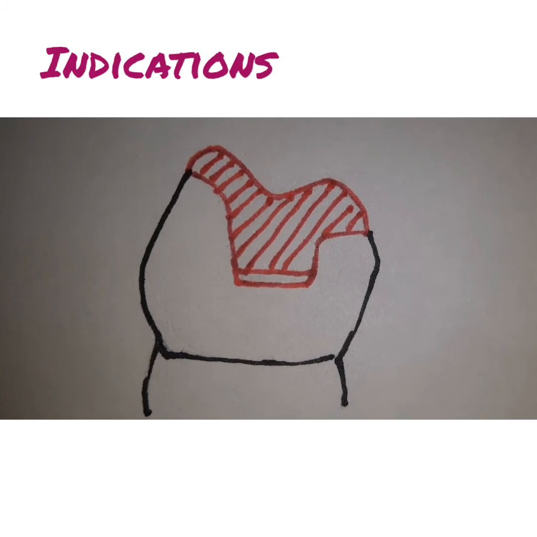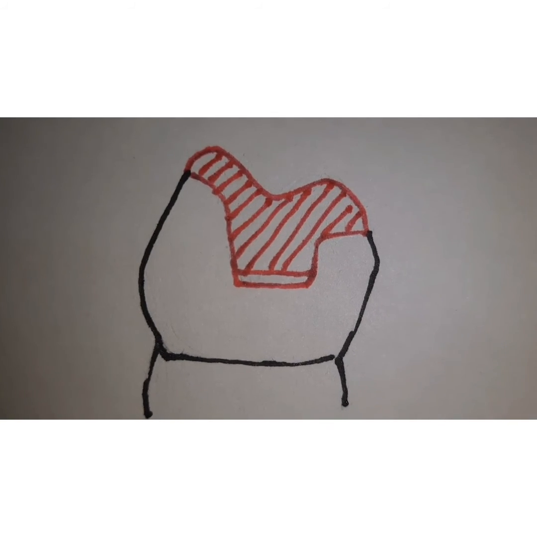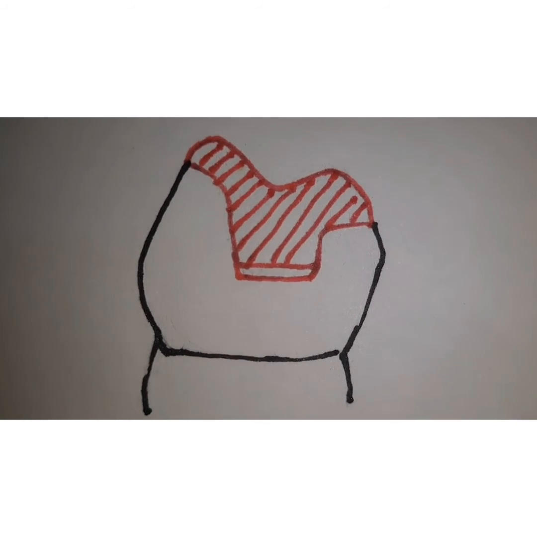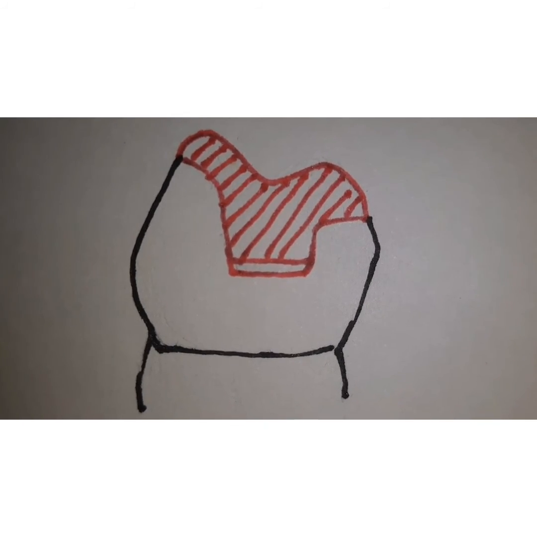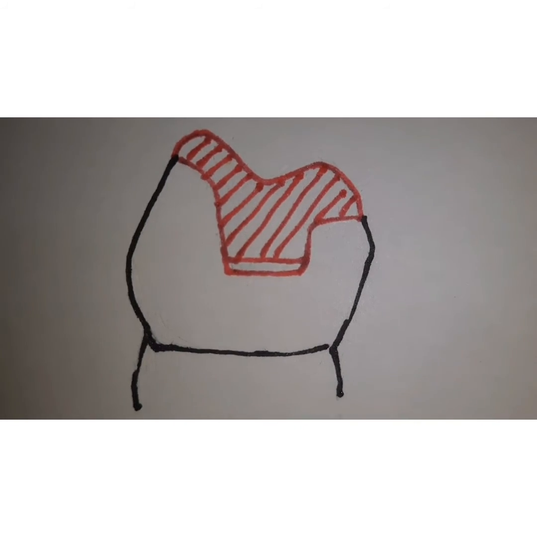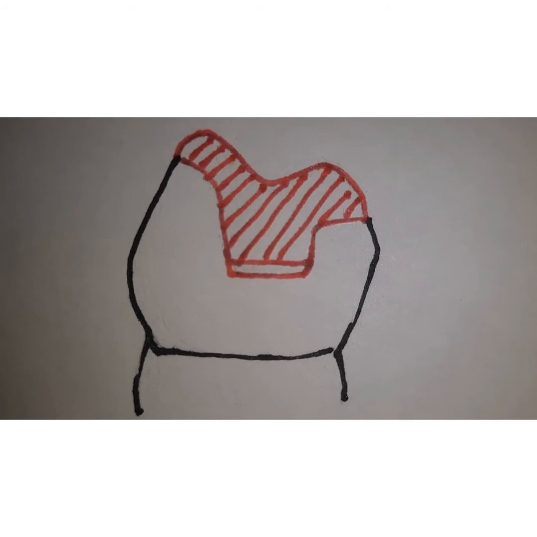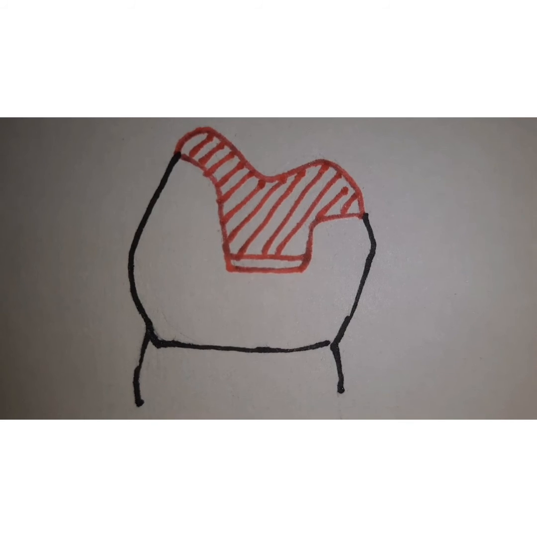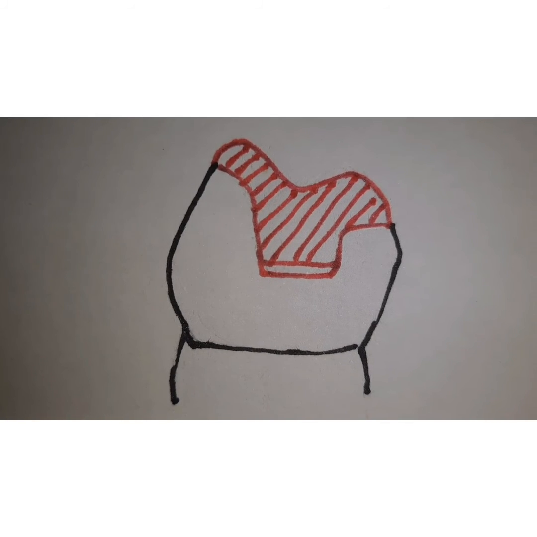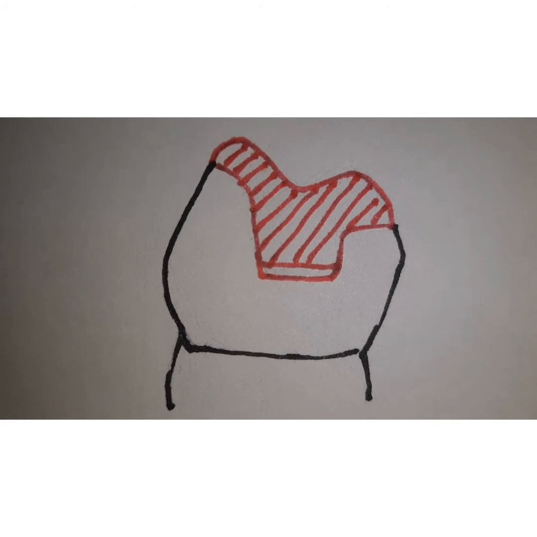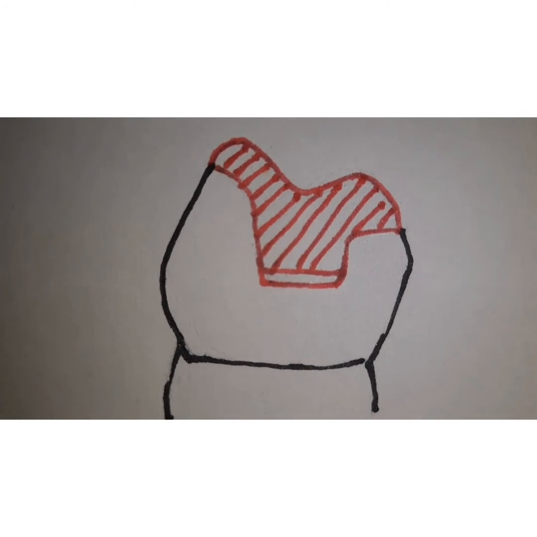The indications are a worn or carious tooth with intact buccal and lingual cusps, so either of those cusps is intact and the other cusp is damaged. In those cases, you can indicate this type of restoration. Also where you have an MOD amalgam restoration that requires replacement, or an MOD restoration with a wide isthmus. MOD means mesio-occlusal and distal, a restoration extending from the mesio-occlusal, across the occlusal, to the disto-occlusal.